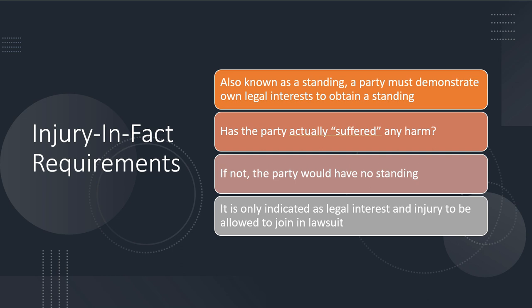It's necessary for a party to demonstrate an injury in fact to their own legal interest in order to obtain something called standing, which standing and injury in fact can essentially be interchangeable. Stated differently, the party that actually suffered any harm. It's also worth noting in constitutional law, the term usually refers to a person's freedom and rights that are guaranteed by law. The party does not have standing and is not the appropriate party to be in court if they are unable to demonstrate injury.